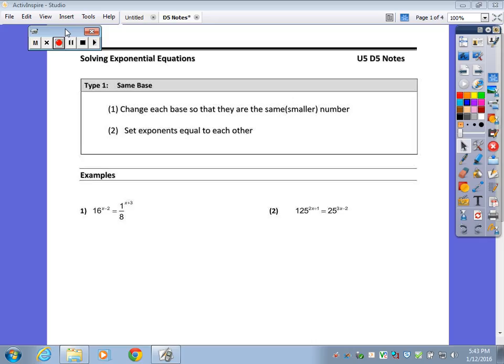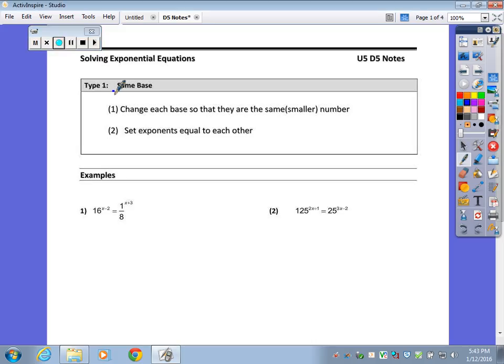Welcome to Unit 5, Day 5 notes, solving exponential equations. Like we did the other day with log equations, there's two types of exponential equations. We'll call them type 1 and type 2. Type 1